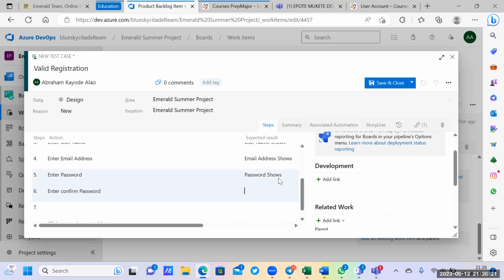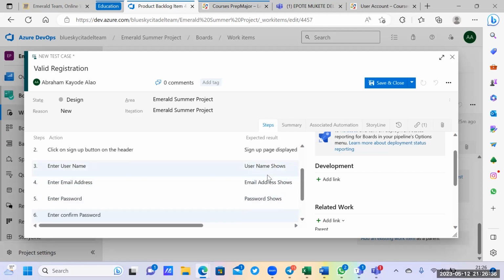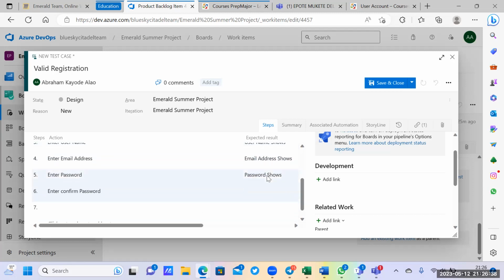Maybe in your next test case, you would have understood it better. Then you can put better information there. Did you get it? So that's the reason why I'm taking that show from you, to say that at least you get the logic. Let us take this one. Then in the next class, we hope that you would have improved. And yes, so for the confirm, so enter password,